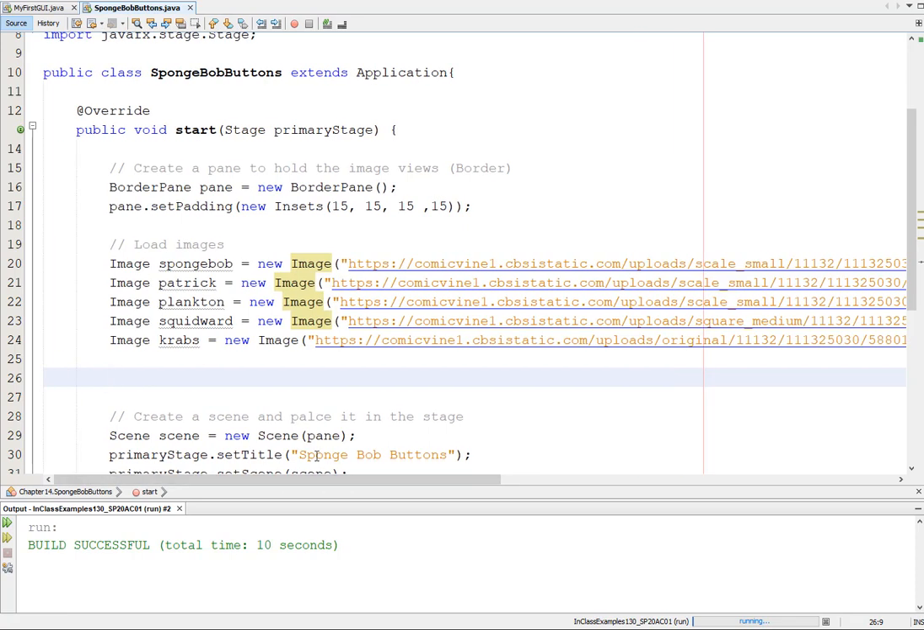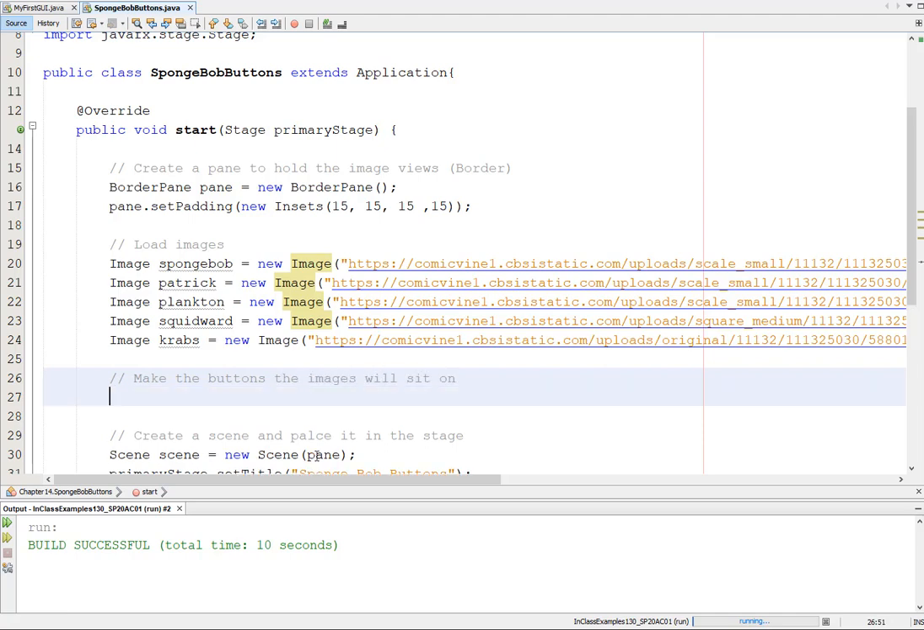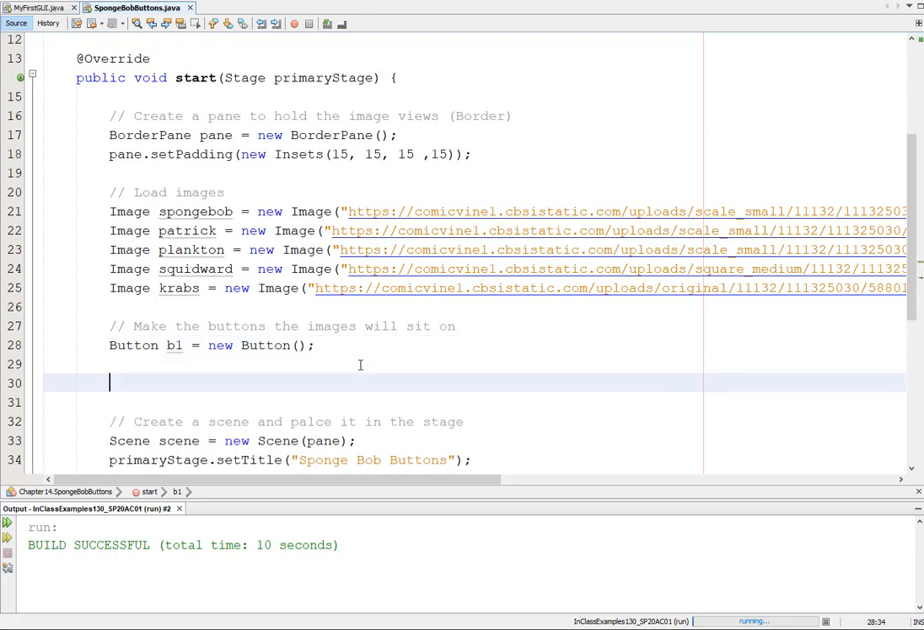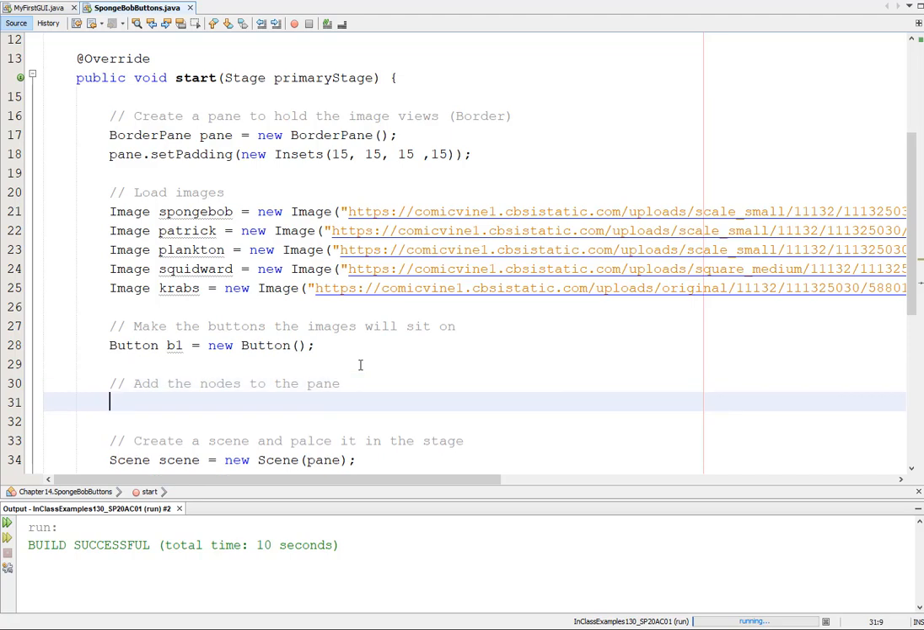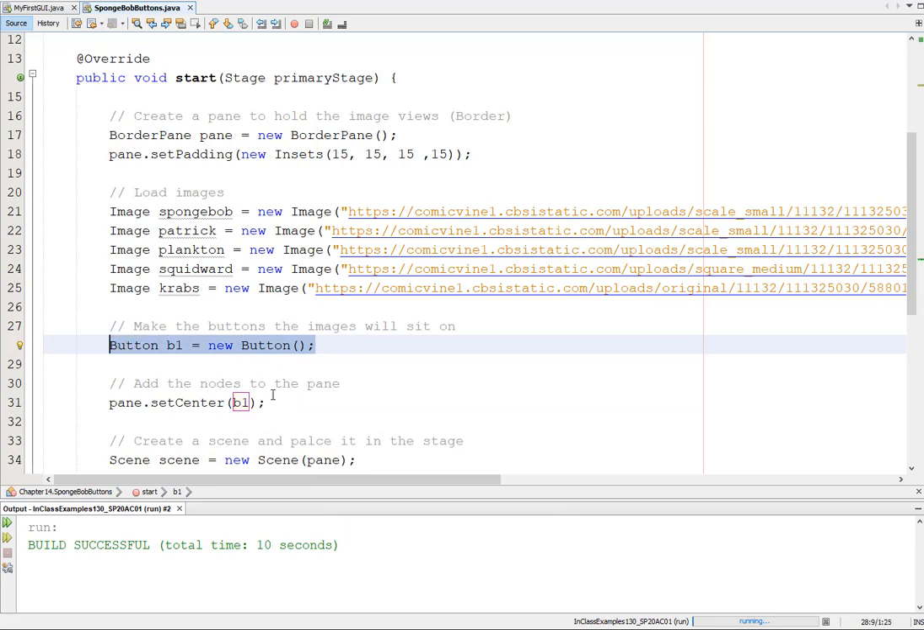The images are going to be buttons, so let's make the buttons, which the images will sit on. So Button b1 equals new Button. So there is a regular button. And then adding the node to the pane would be as easy as saying pane.setCenter(b1). So here I made the button, and here I added button 1 to the center of the pane,